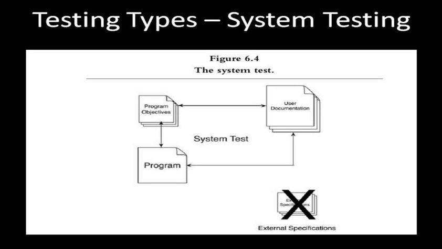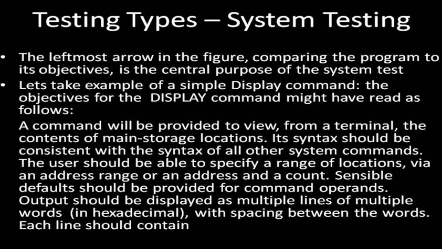On the other hand, the objectives document cannot be used, by itself, to formulate test cases, since it does not, by definition, contain precise descriptions of the program's external interfaces. We solve this dilemma by using the program's user documentation or publications. Design the system test by analyzing the objectives. Formulate test cases by analyzing the user documentation. This has the useful side effect of comparing the program to its objectives and to the user documentation, as well as comparing the user documentation to the objectives, as shown in Figure